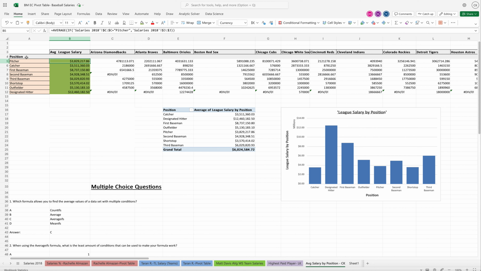If I could go back, what I would do is put my positions vertically, and then put all of my data by teams and average league salary in the rows on the left. It just made the pivot table kind of confusing. But anyways, what I did was